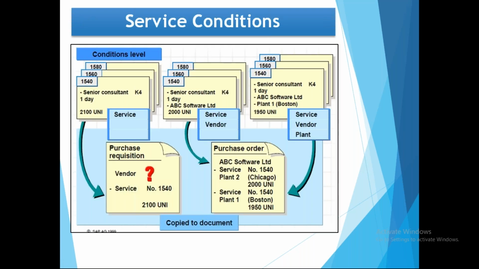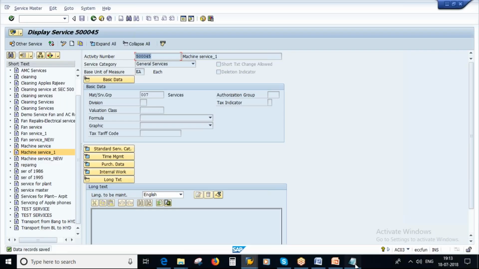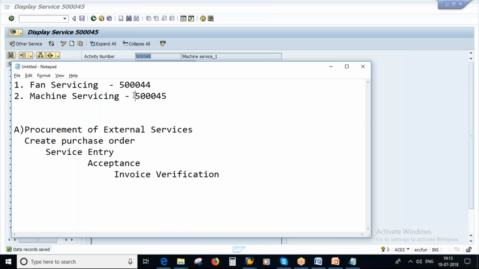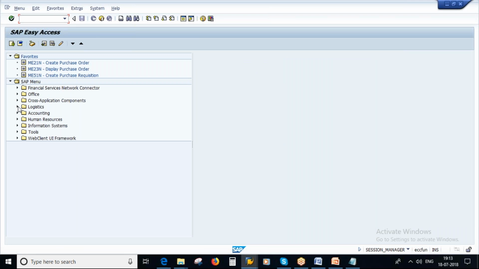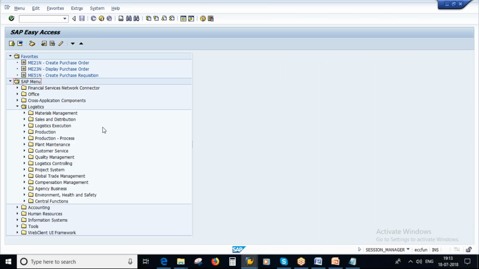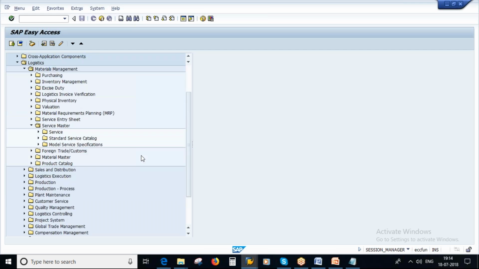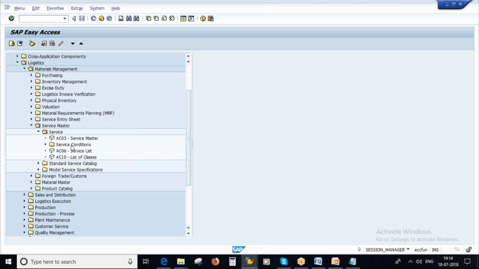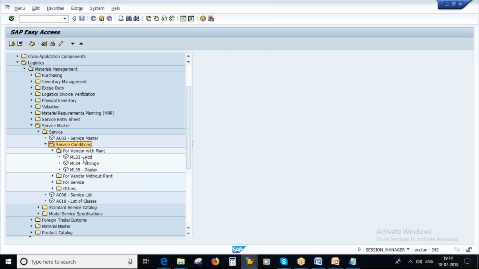So now let's first create the conditions, then we will go to the PO structure. We created some activities, services, and for these we will maintain the conditions. If I go back, go to Logistics, go to Materials Management. Here go to Service Master, go to Services. Here you see there is a folder called service conditions. So now if you go here, first for vendor with plant, if you go inside, the transaction code is